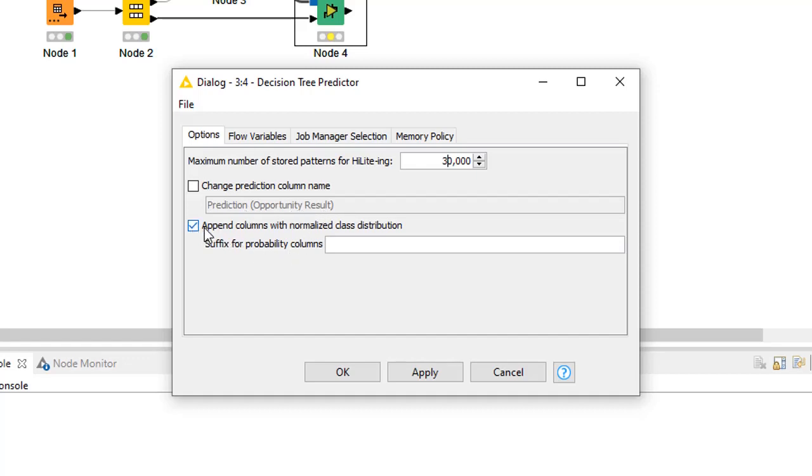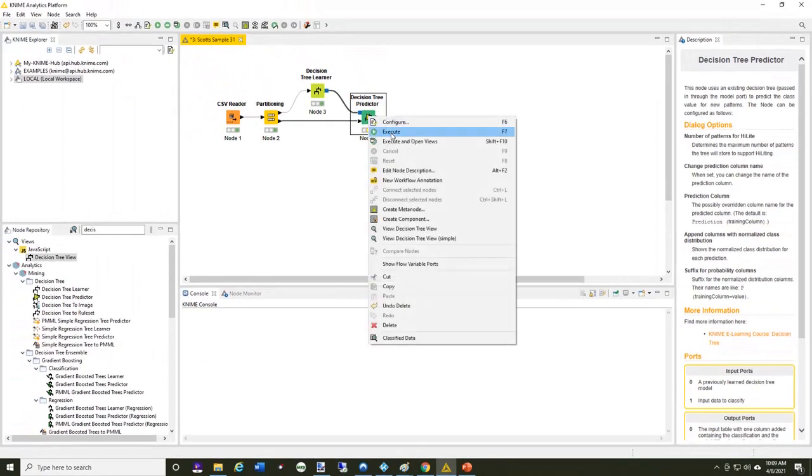And I'm also going to append columns with the normalized class distribution. Basically, I want to see how likely it was to be a win or a loss. Looking at that probability just helps me understand the ones that I got wrong. So when I execute this,